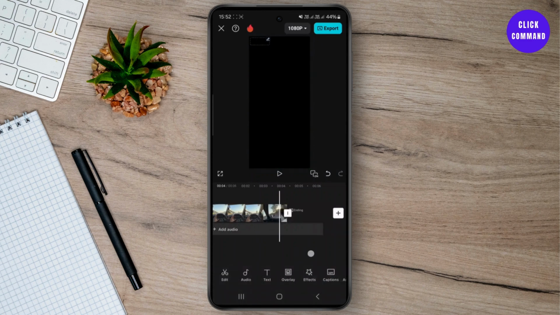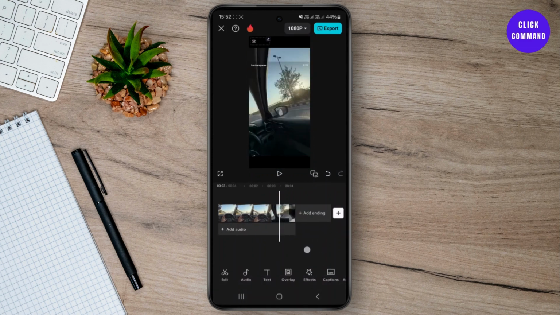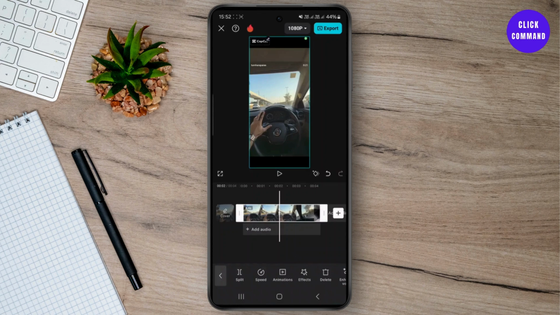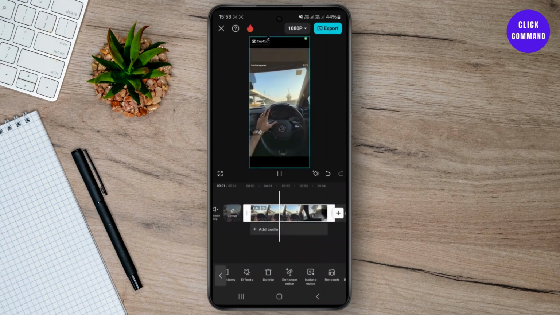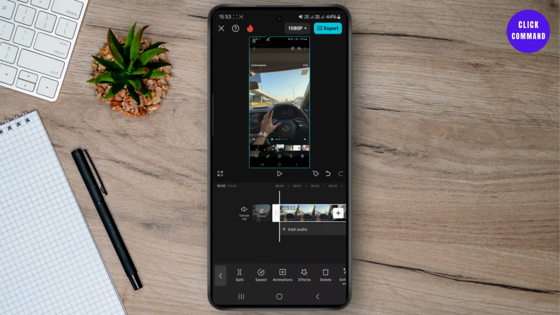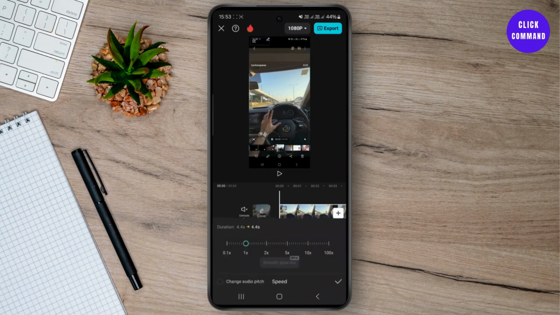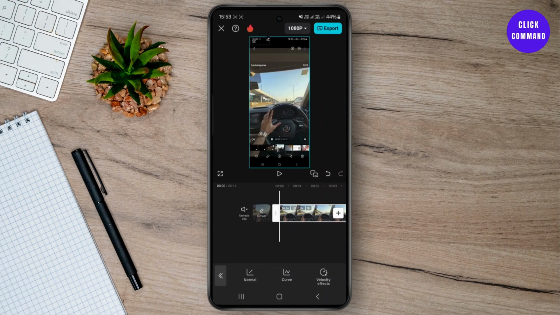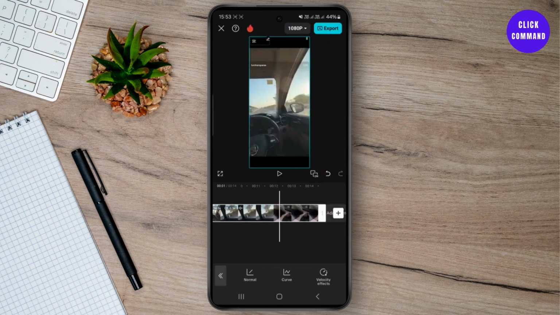Before I proceed, let me just trim the video to make it short, so it's short and sweet. After selecting the video, just make sure you turn off the volume. Once you do that, just tap on the video and select speed, and once you select speed, select normal and adjust your video speed to 0.3 seconds. So simply select right after that,